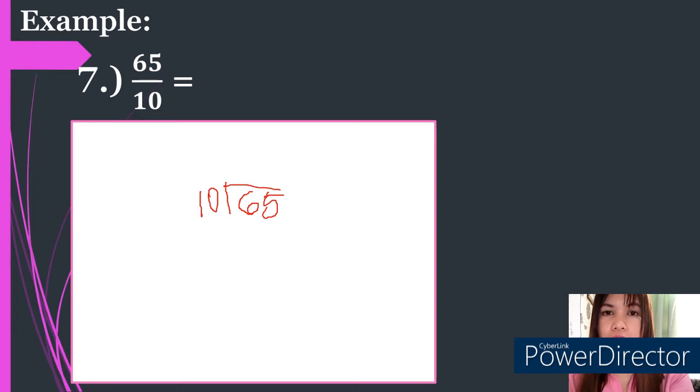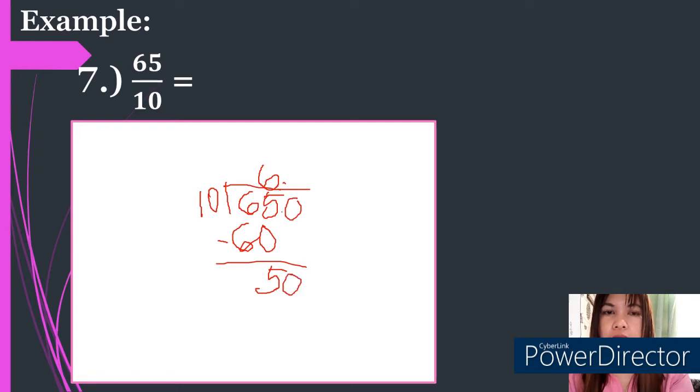So 65 divided by 10, we have 6. Then 6 times 10, meron tayong 60. Then if we're going to subtract 65 minus 60, we have 5. Since 5 hindi siya kayang madivide sa 10, we're going to add 0. But before that, we're going to add a decimal point dito sa ating dividend and also sa ating quotient. Then bring down